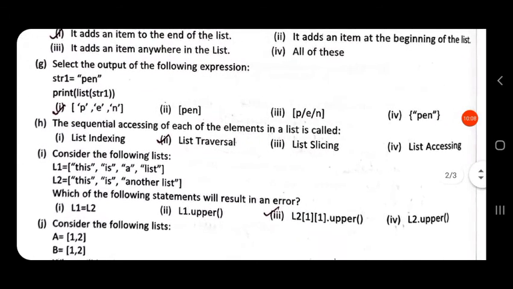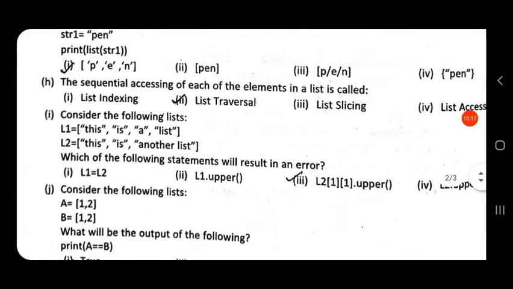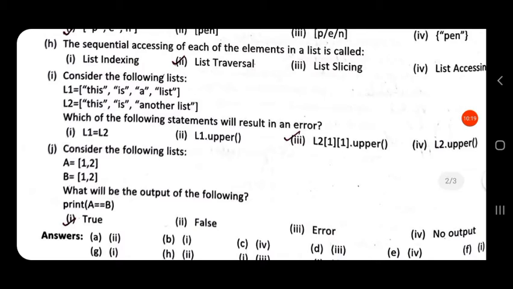Then the sequential accessing of each of the elements in a list is called list traversal. Then consider the following lists, L1 and L2. This is a list, the elements in L1, and this is another list, the elements in L2.